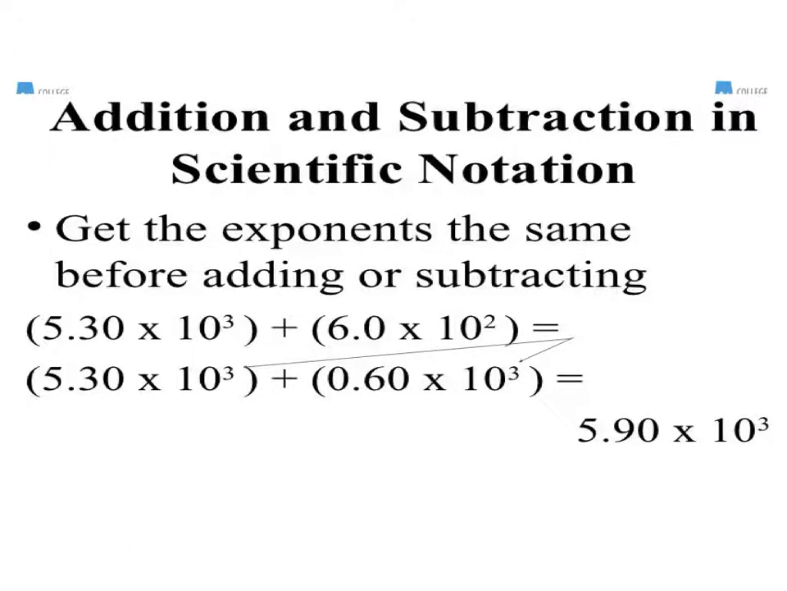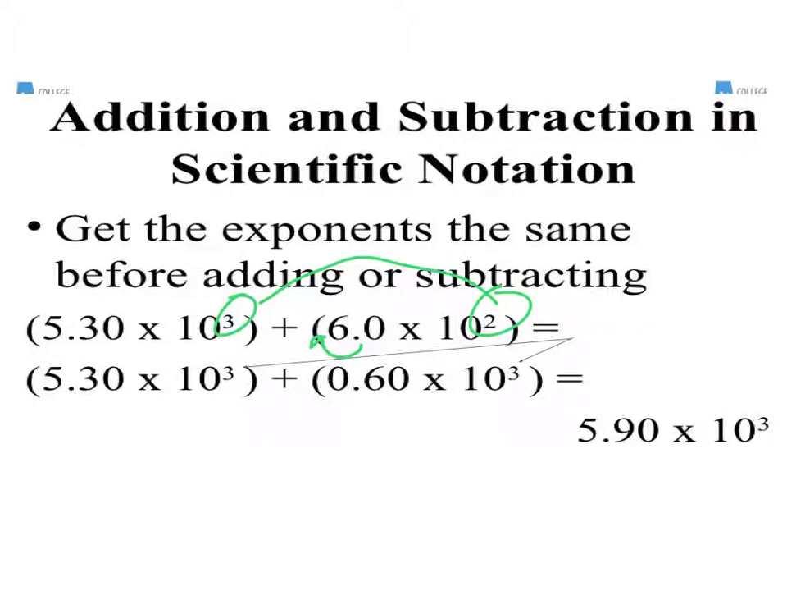When you're adding and subtracting in scientific notation without the use of a calculator, you should get the exponents the same before adding or subtracting. So see here, we have 2 exponents that are different. We need to get these 2 exponents to be the same. So what we're going to do is take this decimal and move it 1